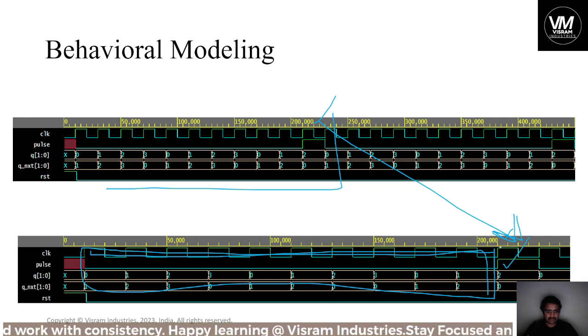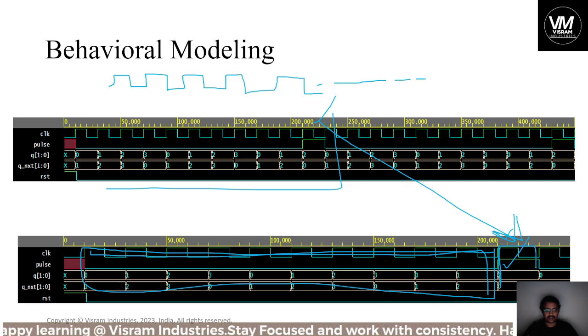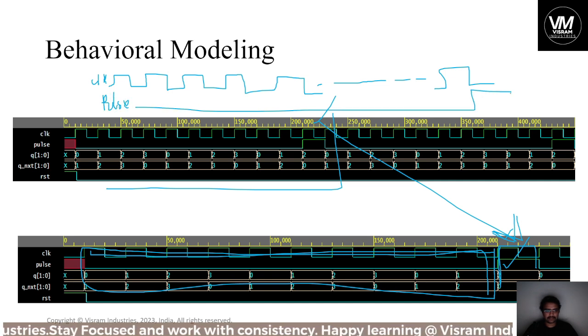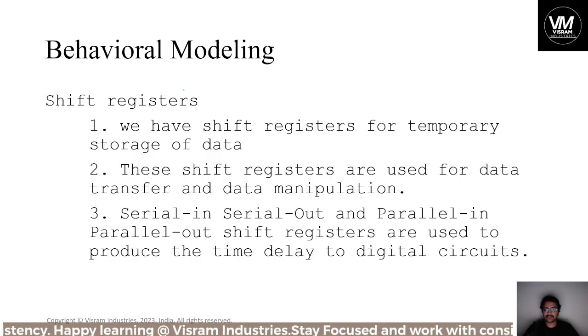The 11th pulse will be your reference clock pulse, the new clock pulse. For example, if you have 10 clock pulses like this, and so on, and for the 11th clock pulse you will have the new pulse, and now at this point your output will be following the input. Okay, so that is how you can work with